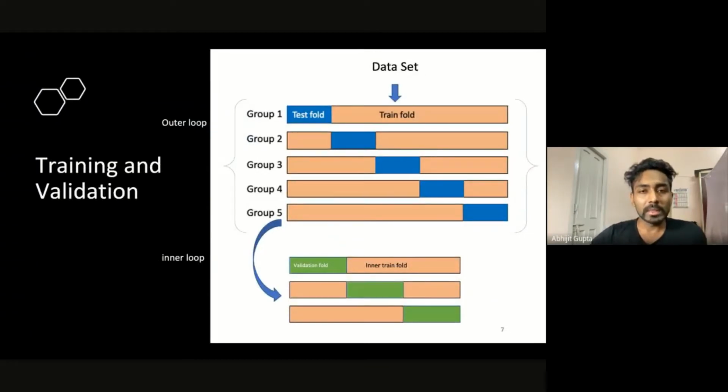For this particular strategy, since the LightGBM algorithm involves a lot of hyperparameters, we didn't want to bias the algorithm performance. So we performed a robust statistical validation technique, which is nested cross validation. Here you have two sets of loops. In the outer loop, you have a training fold and a test fold, and each training fold is subdivided into inner folds, which are used for tuning the hyperparameters of the algorithm.